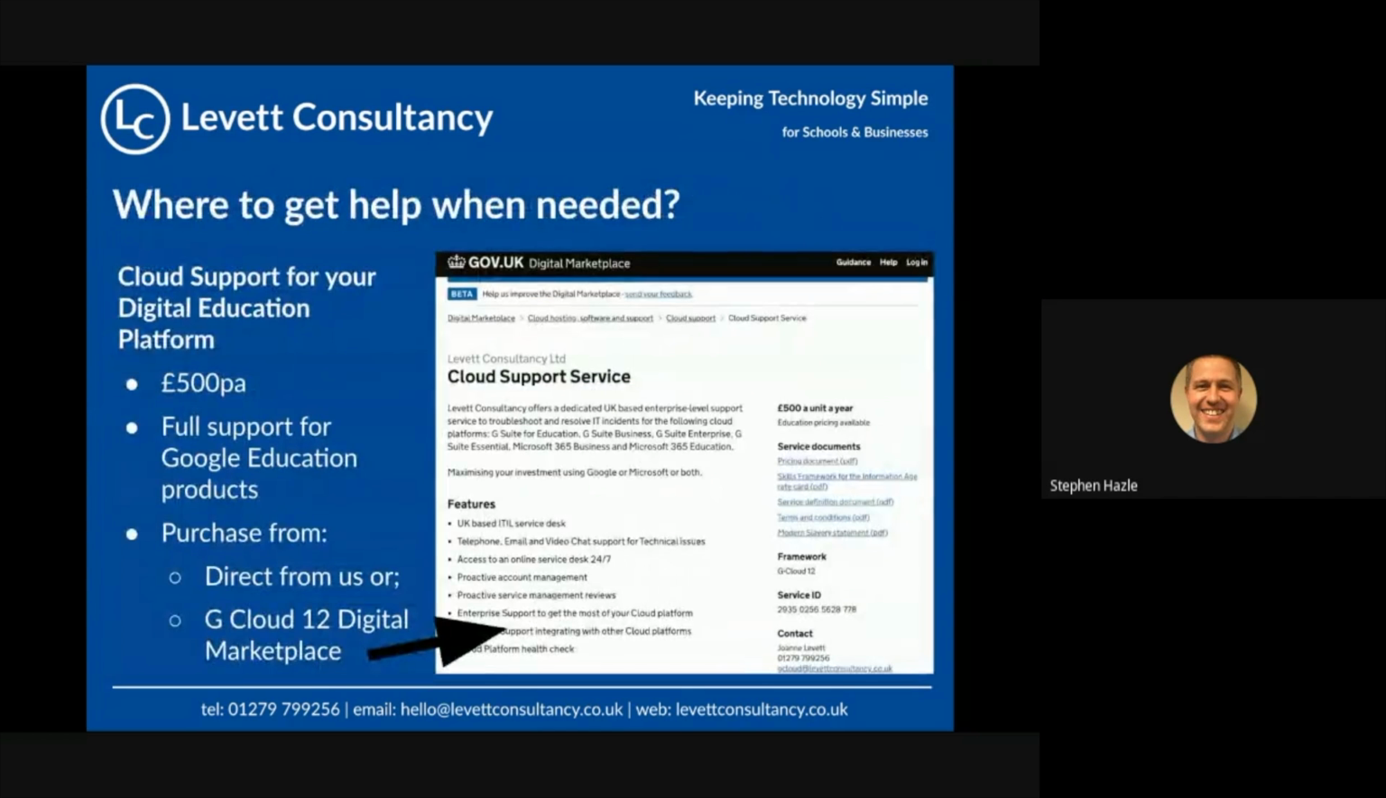Next slide, please, Lloyd. Okay, now at Levett, we understand that from time to time, things go wrong with IT. With that in mind, we've provided a full cloud support service for your digital education platform. It fully supports all Google Education products, and it's available for £500 a year, either directly from ourselves or through the government-backed G-Cloud 12 digital marketplace website. This support will give you 24/7 access to our service desk, as well as telephone, email, and video chat support from